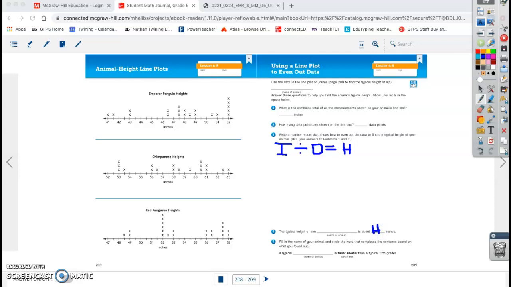Then you need to fill in the name of your animal and circle the word that completes a sentence based on what you found. You say a typical blank height is taller or shorter than a typical 5th grader. Now that typical 5th grader would be if we did use all of our data on our line plot for the lesson before, but we didn't do that. So what you're going to do is you're going to say the typical, whatever the animal is, taller or shorter than you. So you're not going to do than the typical 5th grader. You're going to say is taller than you. Okay, so you need to figure out what your height is, and you need to compare it to the typical height of whatever animal